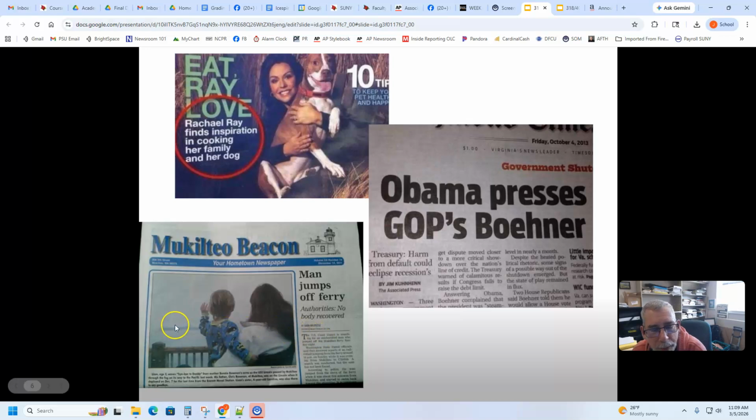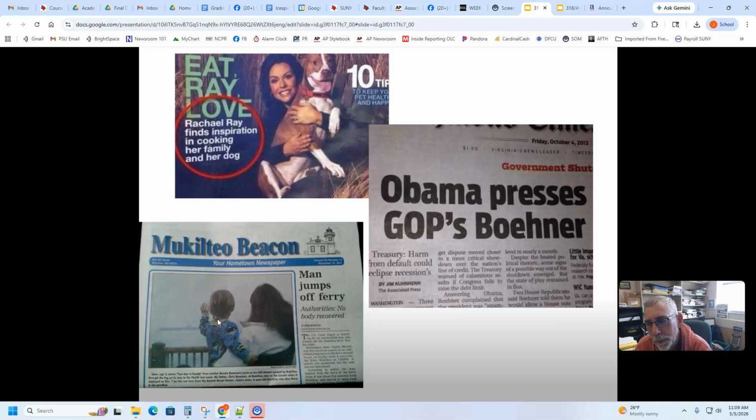Man jumps off ferry. We do have to look at other things on the page and how they might get confused with the thing we're reading the headline on. It is true there's a box around this photo of this kid in pajamas waving goodbye to a ship. But those things are not related. The box makes it appear like they should be, and some people might say it looks like the kid is waving goodbye to the man who jumped off the ferry, which is not the case.